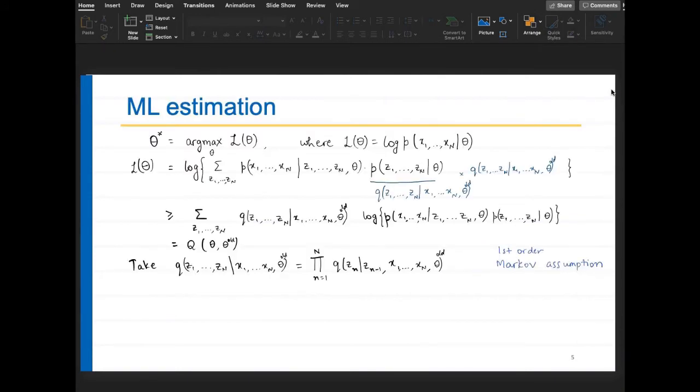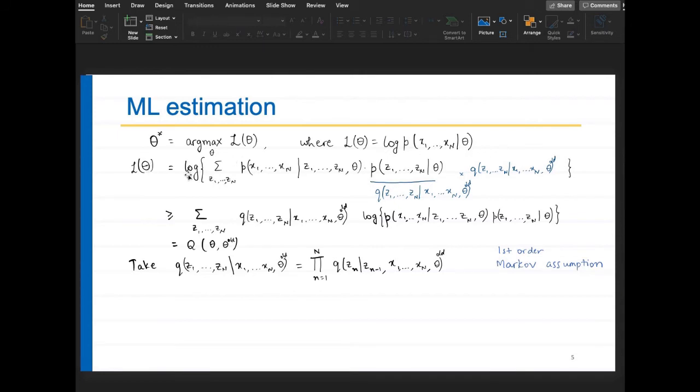Okay, so for this model we can use ML estimation and we can explicitly get all the update rules. That is the utility of this model, that all the parameters can be easily estimated using maximum likelihood estimation. So let's go back to the basics. What is ML estimation? You define a likelihood function, which is the probability of all the observations given your model. L of theta is the log of the probability of x1 to xn given theta. This is your log likelihood.